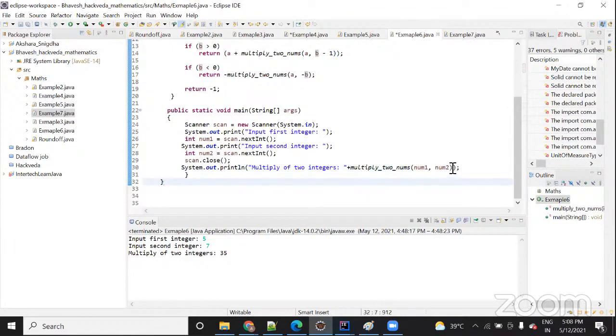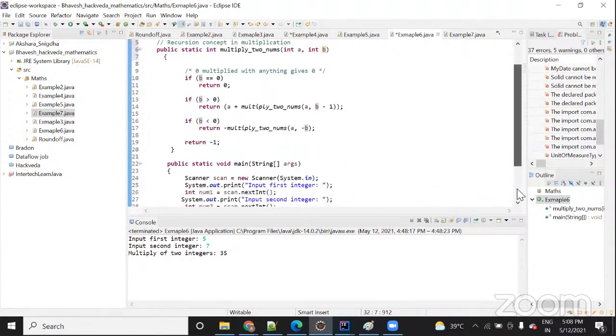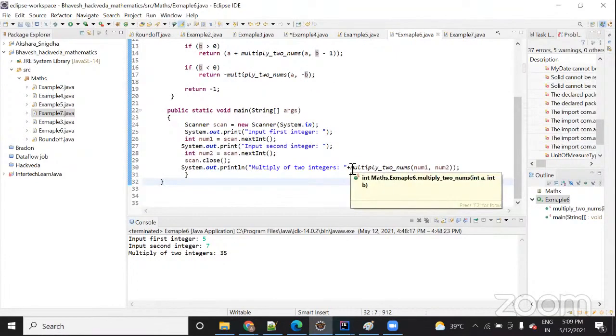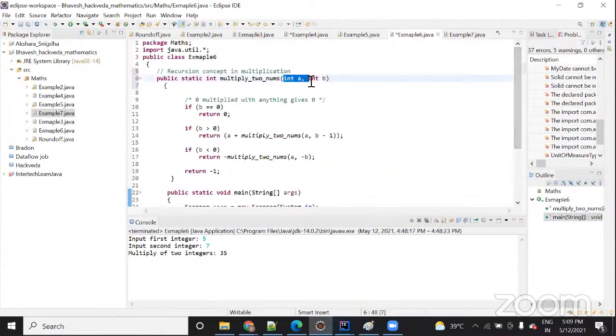You can say parameter and argument. Whatever value you are going to pass is what you are calling. So the calling parameter and the declaration parameter can be the same or different.